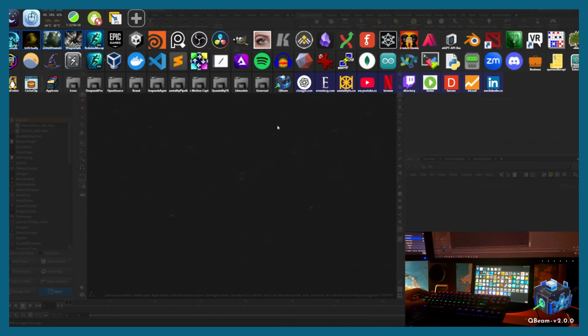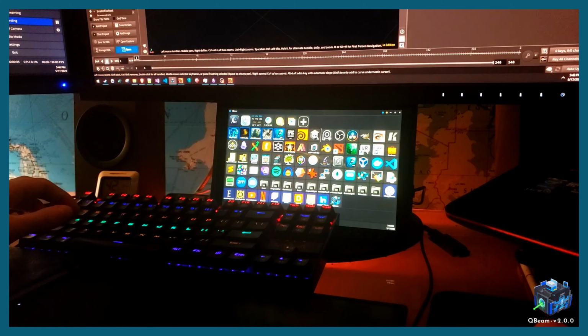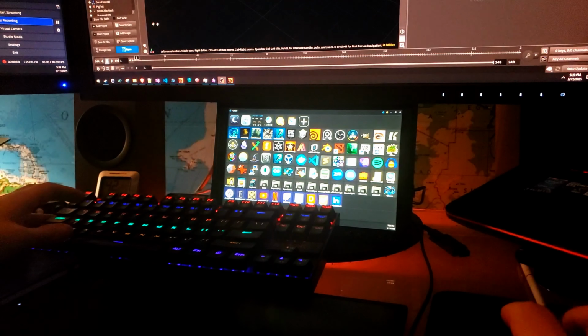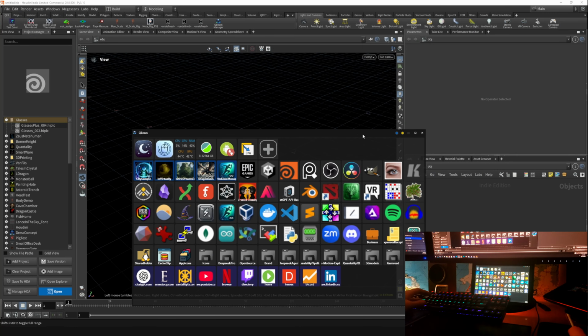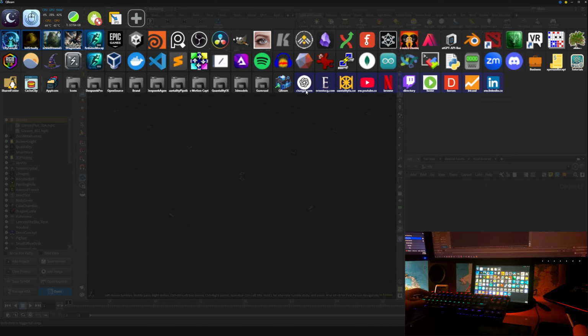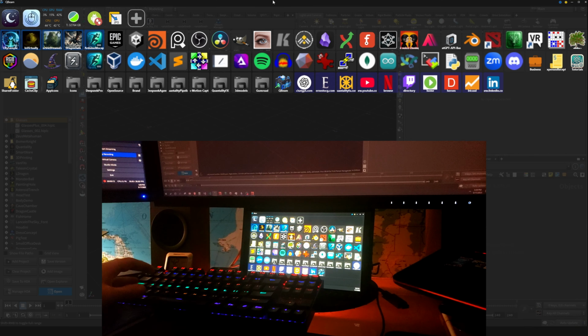Here's the latest update to Quick Beam, now running on an external display and with dynamic buttons. It's right here on the bottom. We can bring it up and expand it. You can take a look. This is the touch-based external monitor